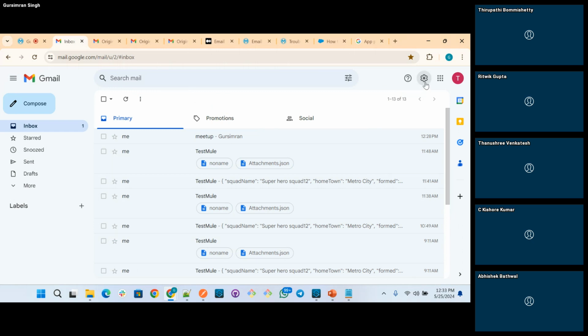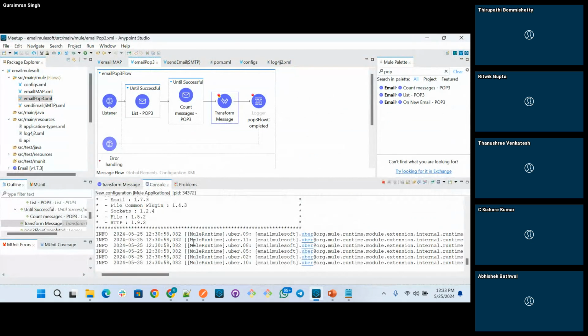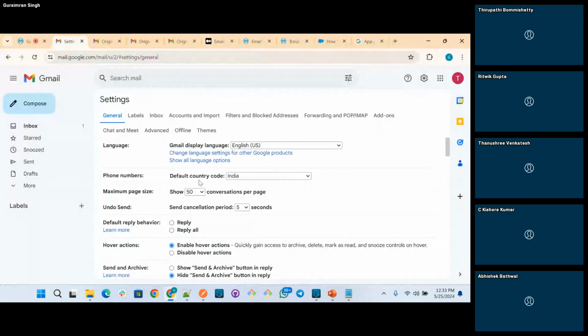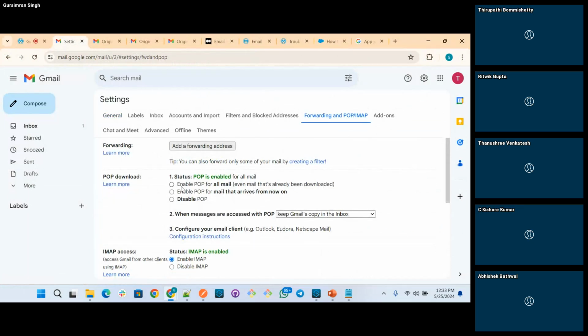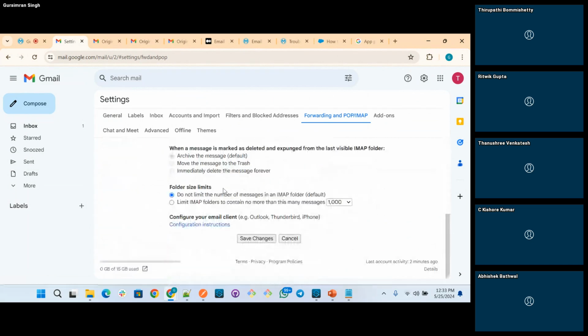So before doing this, let me verify the settings again for this server. Yes, this is enabled: POP for your email, and keep Gmail's copy in the inbox. Let me see the changes again.